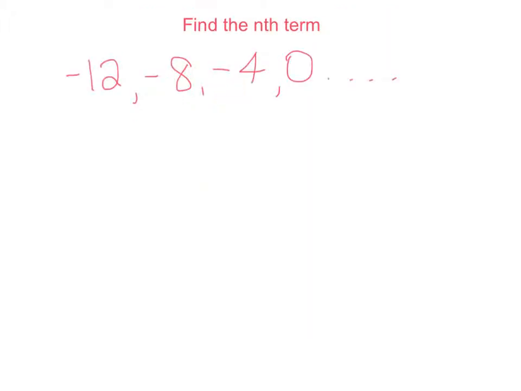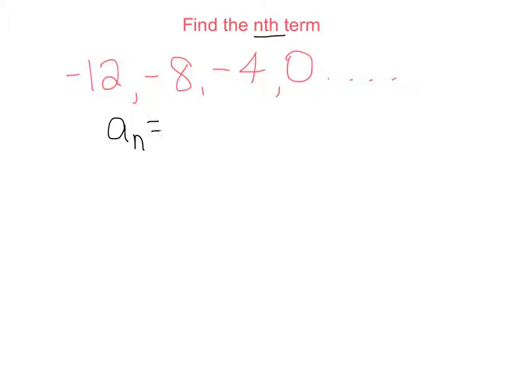So we can also use an arithmetic sequence to find the nth term. Sometimes it will ask you to actually find the nth term, which means it wants the equation to find it, or it will give you a number. So it may say to find the 15th term, or to find the 11th term. There's a formula for that, and that formula is